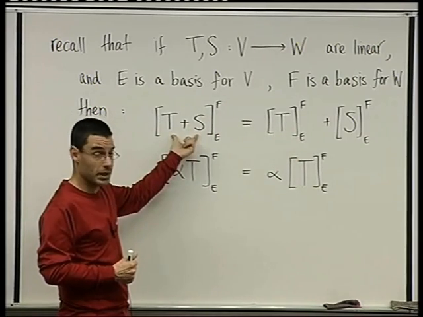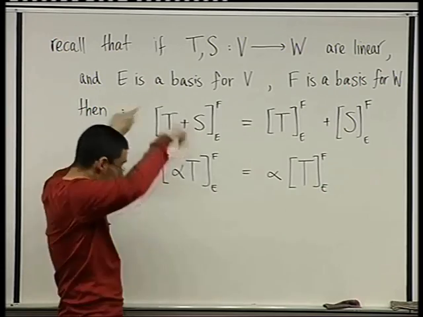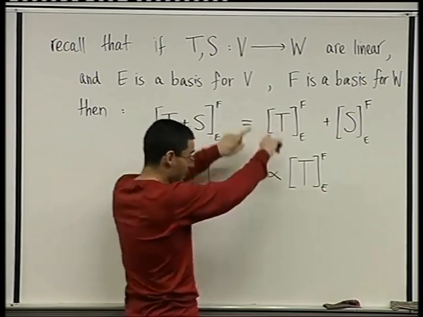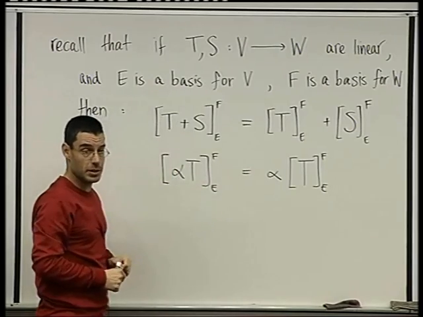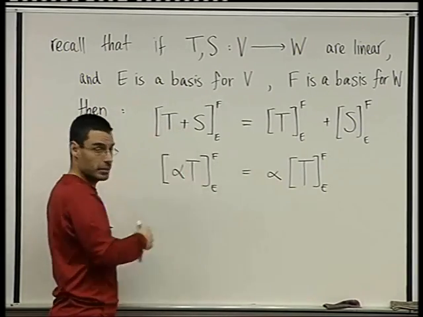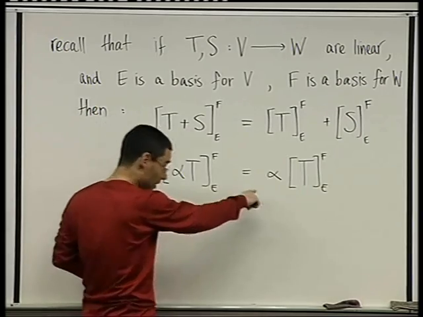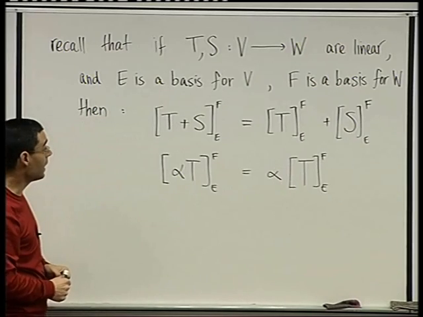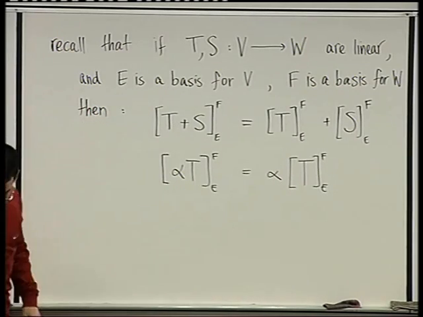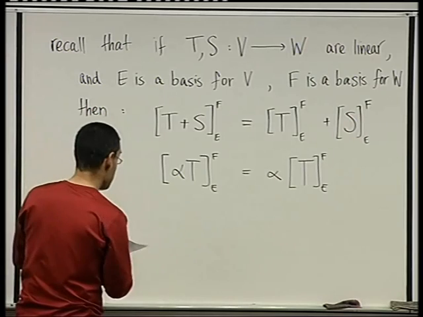You add linear transformations, then take the matrix, it's the same as taking the matrix and then adding. You multiply a linear transformation by a scalar and then take the matrix, it's the same as taking the matrix and then multiplying by a scalar. Okay? So this is something that we proved, but this means